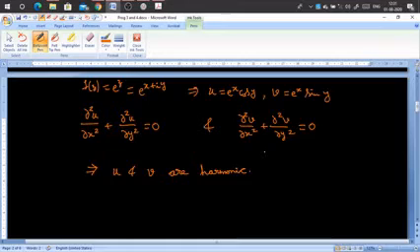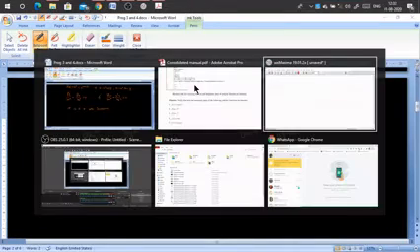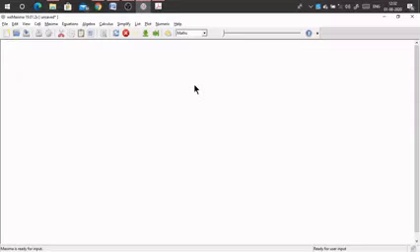Now, doing this exactly in the programming part using Maxima is what we are supposed to see now. So we'll start with Maxima. So how do we start? The first command will always be kill all. After that, we declare that z is a complex variable. This has to be done because otherwise it may be understood as a real variable and there could be problems. So we declare it as a complex variable.